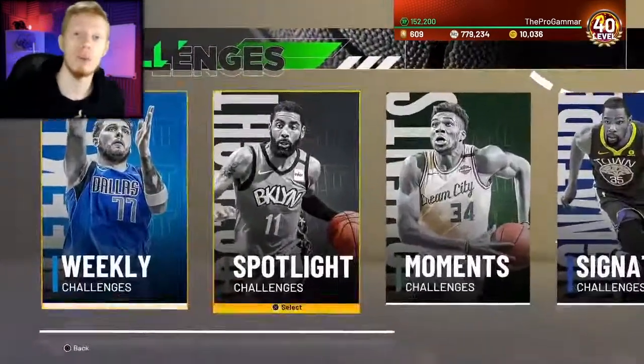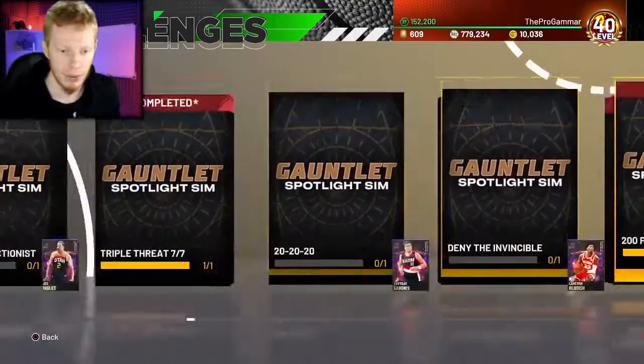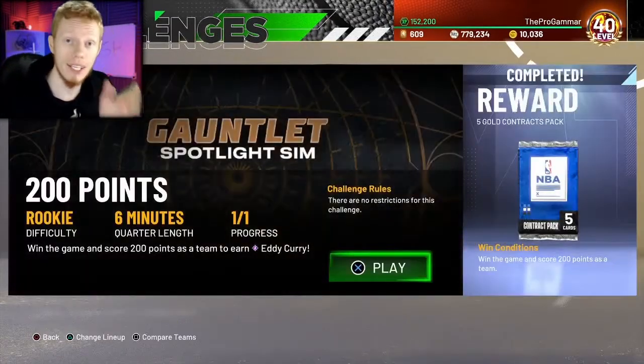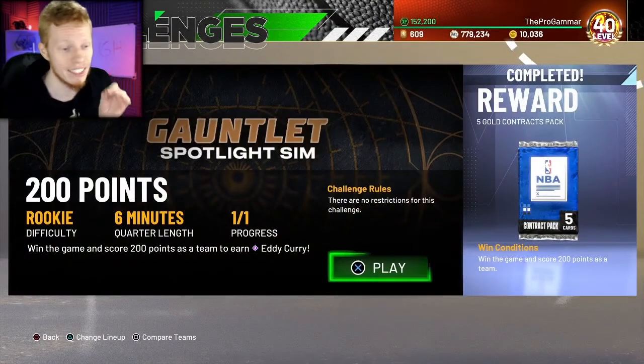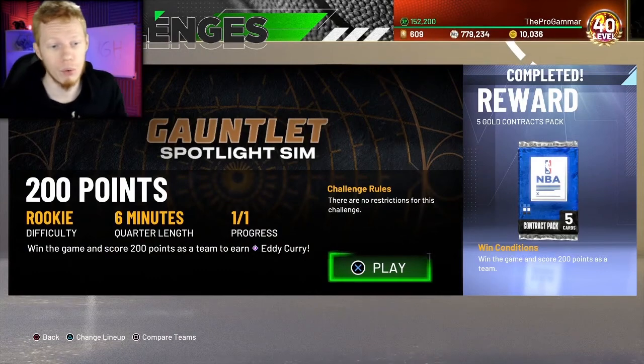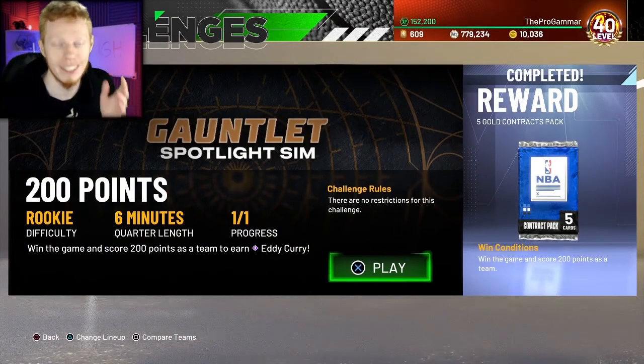Now, for today's video, we are going to be doing the 200-point Eddy Curry challenge. If we load up this challenge right here, you go. It is on rookie difficulty, which is really nice, the easiest possible difficulty. Yet again, it's going to help a lot. 6-minute quarters, and just win the game and score 200 points as a team to earn the Dark Matter Eddy